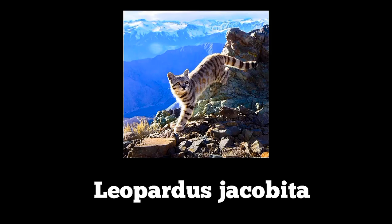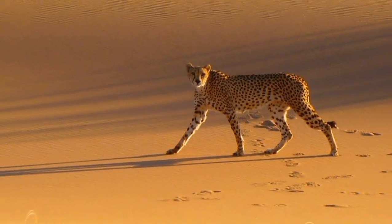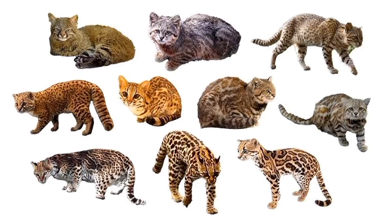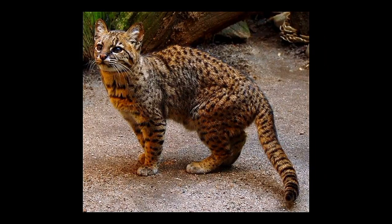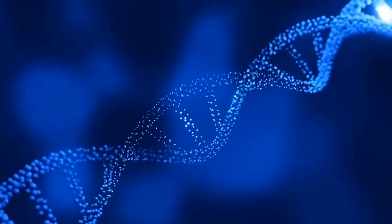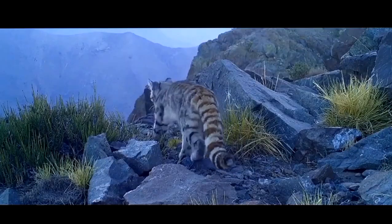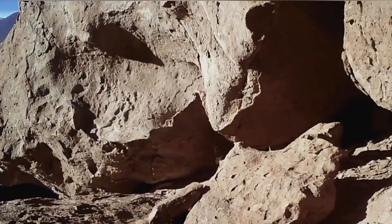This cat, Leopardus jacobita, belongs to the Felidae family, which includes all modern-day cats, and within Felidae, it is part of the Leopardus genus, which includes small spotted cats native to the Americas. They include the ocelot, margay, Andean mountain cat, Geoffroy's cat, kodkod, oncilla, southern tigrina, and its lookalike, the pampas cat. Genetic studies suggest that the Andean mountain cat diverged from its closest relative, the pampas cat, at around 2 to 3 million years ago. This divergence likely occurred as populations become isolated in the high Andes, leading to the development